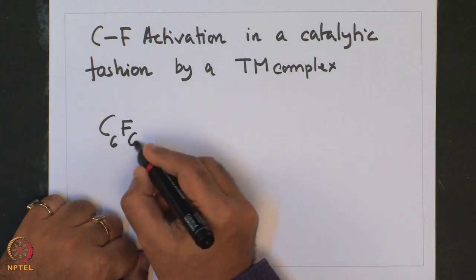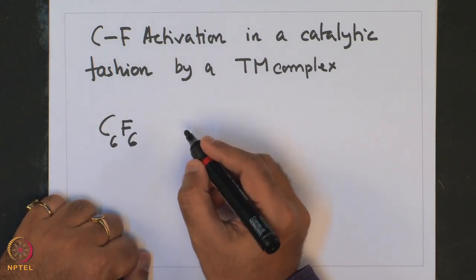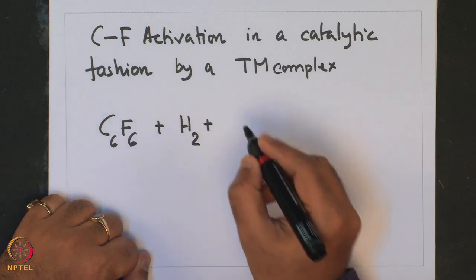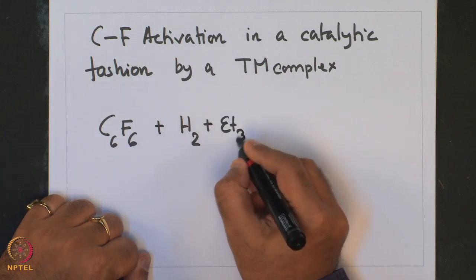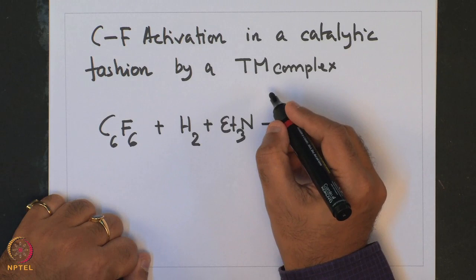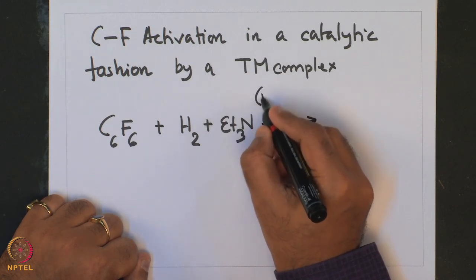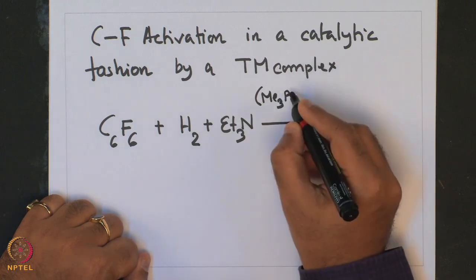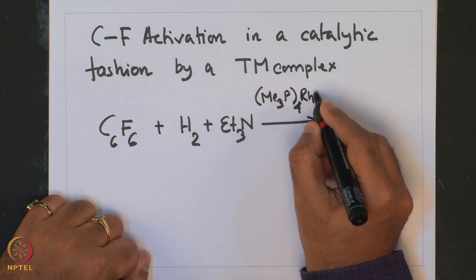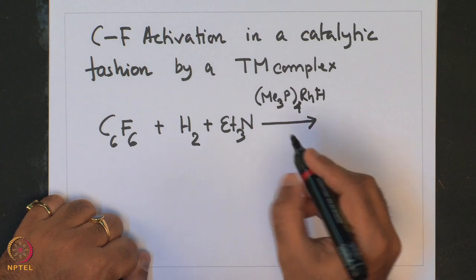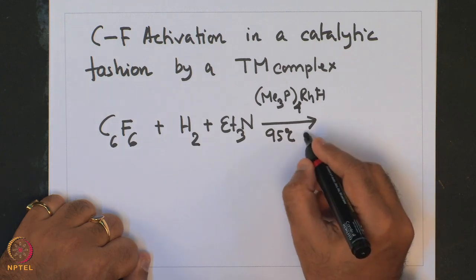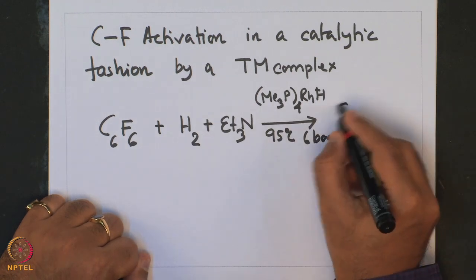Reaction of perfluorobenzene, C6F6, with dihydrogen in presence of a base, triethylamine, as catalyzed by a rhodium complex at 95 degrees centigrade and 6 bar pressure produces